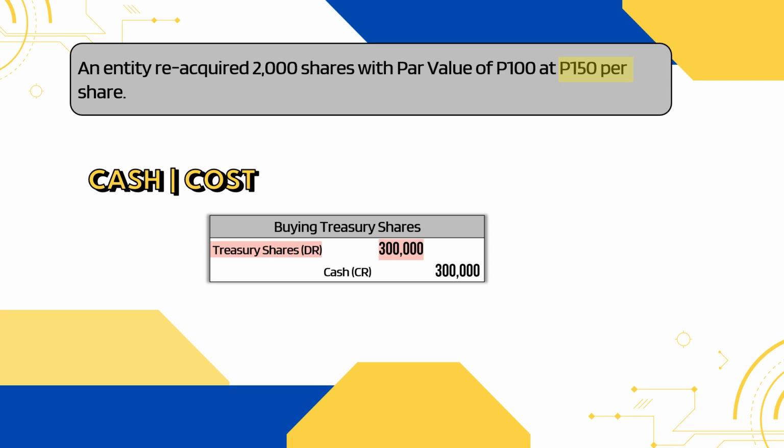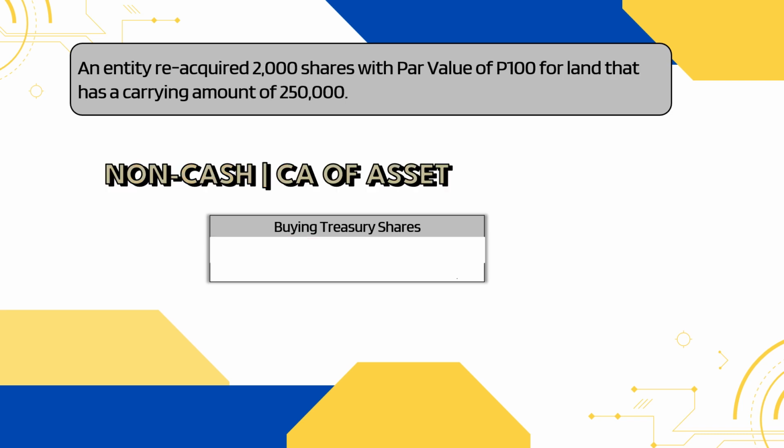And then credit cash. So yung treasury shares mo will be valued not at par, but at cost of the cash that was given. Same scenario kung land or non-cash consideration. So basically, binigyan ka ng carrying amount of 250,000, you ignore the par value for treasury shares, and you will have debit treasury shares, credit land, of